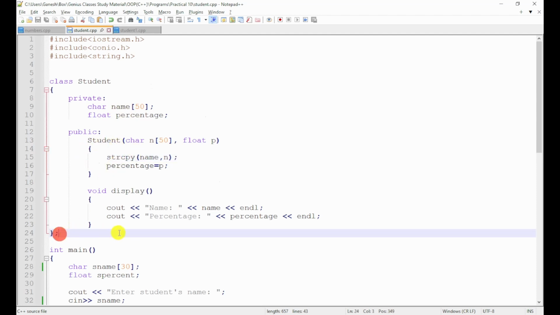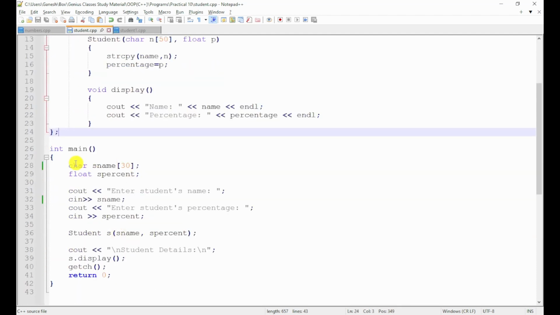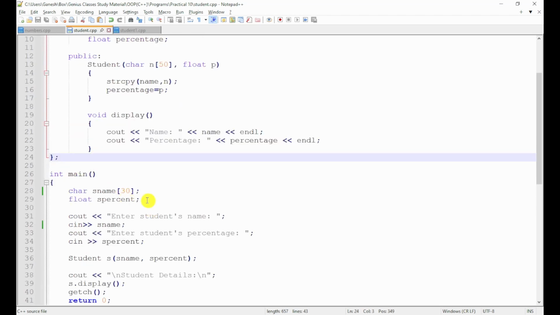Finally the class is closed here. Going to main function. Inside that, as we are passing input to the constructor which is taken from the user, and those inputs should be taken inside main function. So that's why we have to create two variables, that is string variable to accept the name and percent variable to accept the percent. So I am taking both the variables as it is a character array,